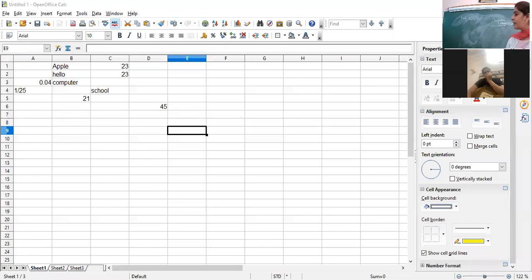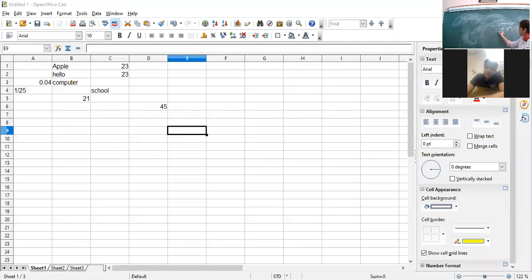The next topic is cell referencing. The topic we are going to do is cell referencing. Cell referencing is also called cell addresses. The other name of referencing is cell addresses, the address of a cell where we are referring to.